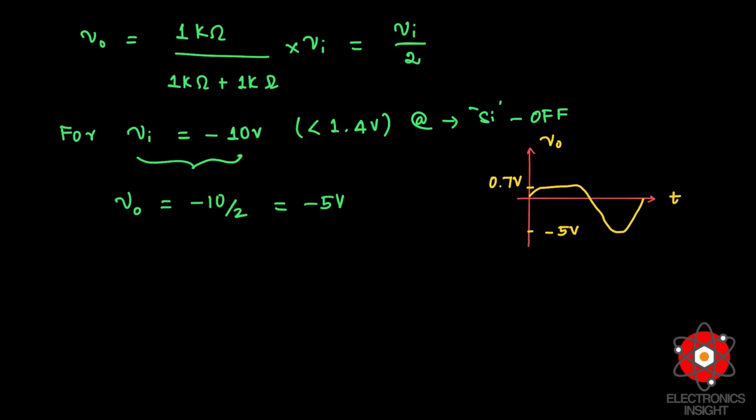Now we need to consider, when V0 is equal to 0.7 volt, what is the maximum voltage across the first resistance that we had as 1 kilo ohm. So VR we need to measure, only then we can find out IR, because we are asked to calculate IR. So VR max will be Vi max minus 0.7 volt, because you need to consider the circuit which we had.